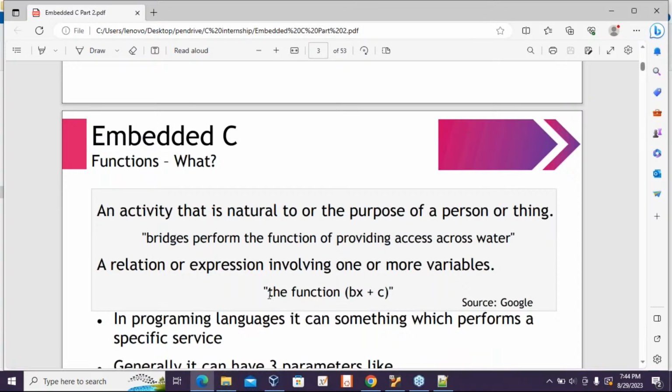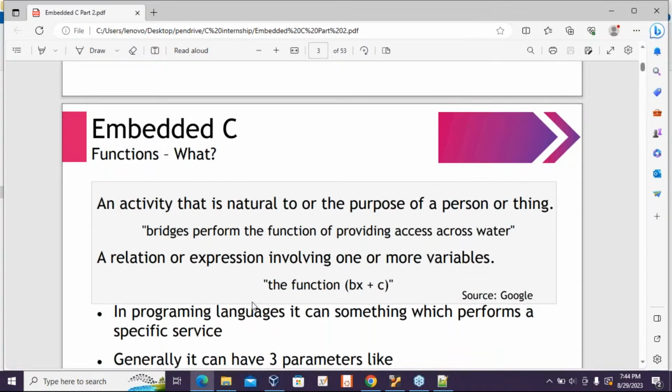Similarly, any mathematical function forms a relationship between one or more variables. So remember, a function is something which performs a specific task. And in a programming language, a function is nothing but a set of instructions which are meant to perform a specific task. So anything you want to perform separately, you're going to have a function written which has some